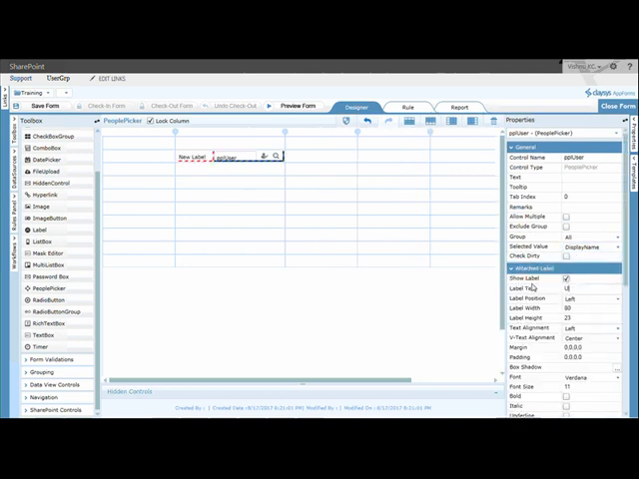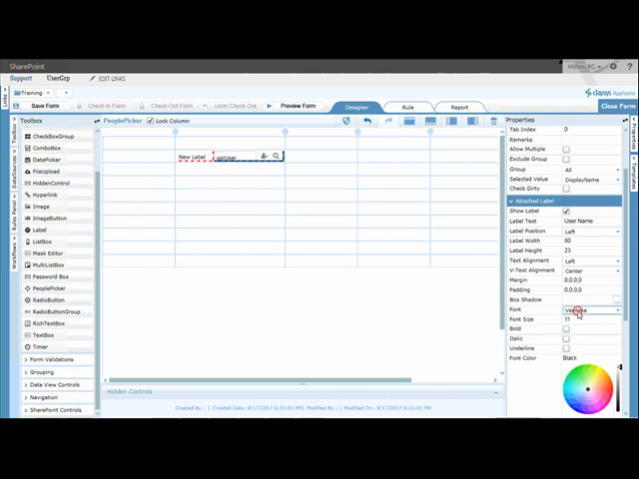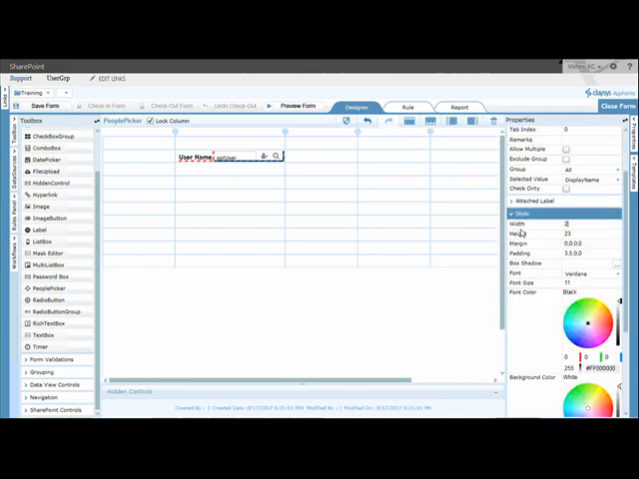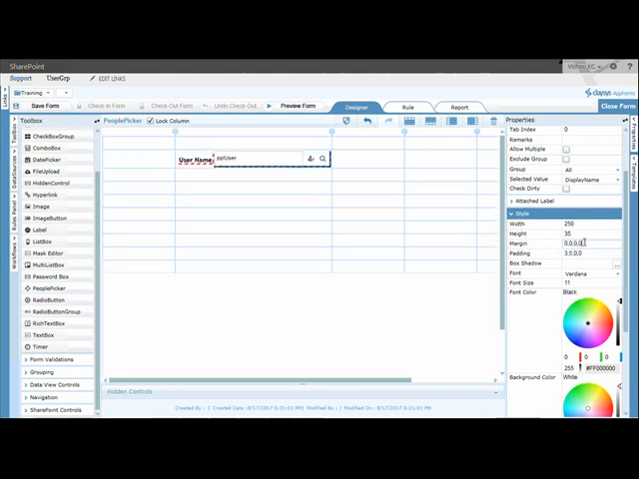But now I'm just going to set a label, and I'll show you the default behavior of a people picker. I've just changed the control name and the label for the people picker, and formatted it. And I'm just setting the height and width of the control. So once I do this, I can go to preview